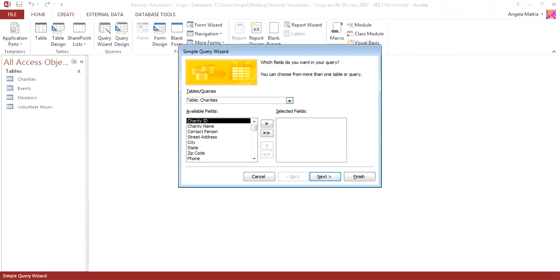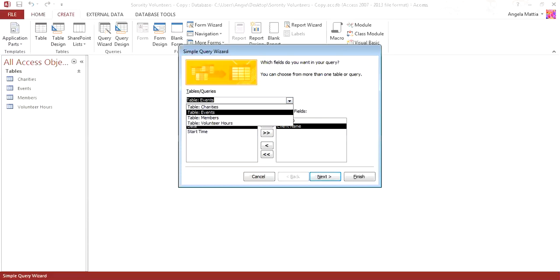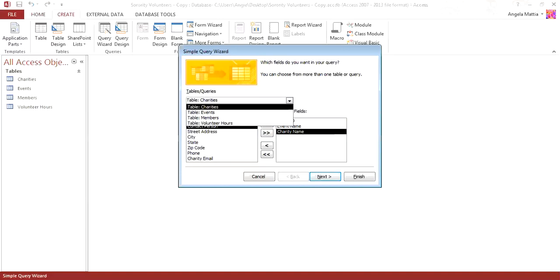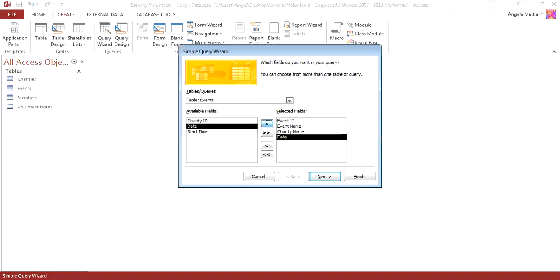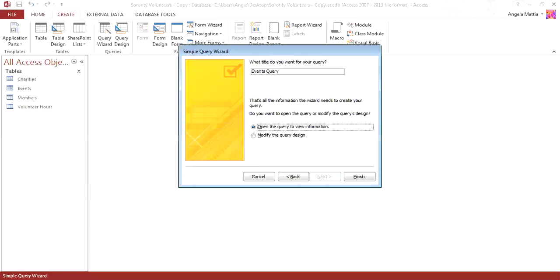So we'll start with the event, and we're going to need the event ID. We need the event name. Okay, next we need our charity name, so we'll go to charities. Then we still need a couple event things like the date and the start time. All right, then we're going to go ahead and go next, and then we're going to call this query September